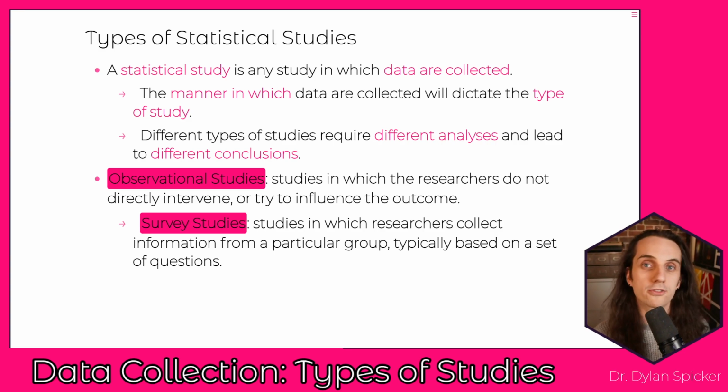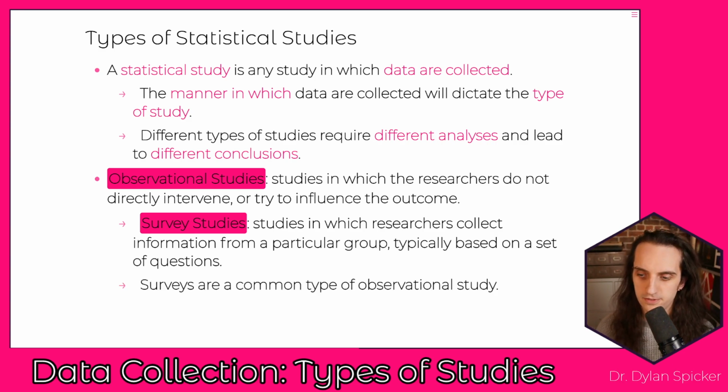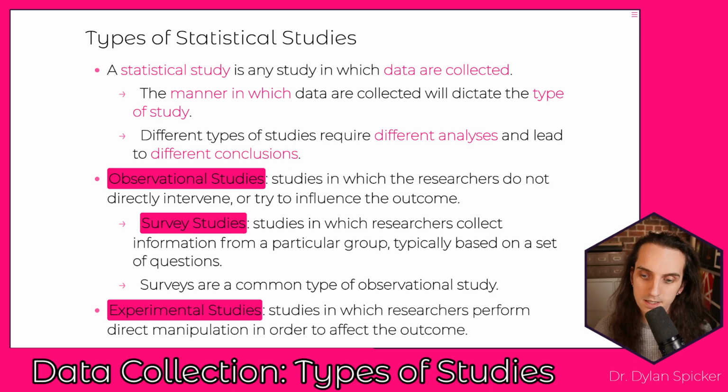Or you watch the migratory patterns of that species, right? And so there's sort of ways that you could observe the world as it exists. Not all observational studies are survey studies, but survey studies are one very common form of observational studies. The other sort of major class of statistical study is what we would call an experimental study, and where observational